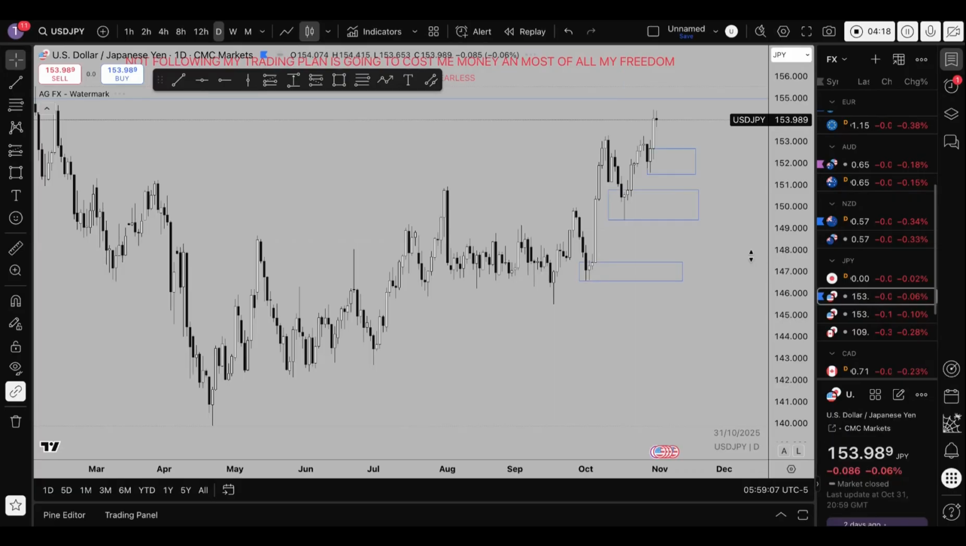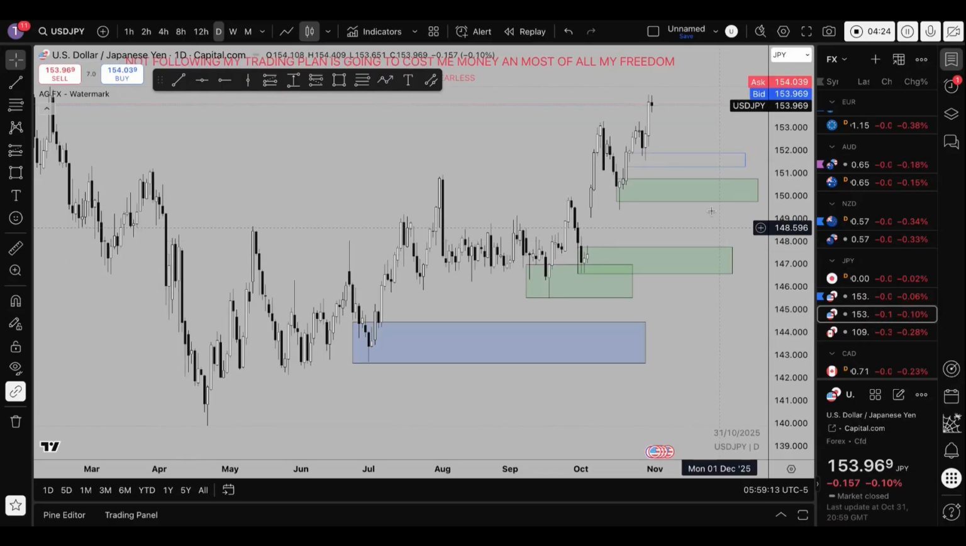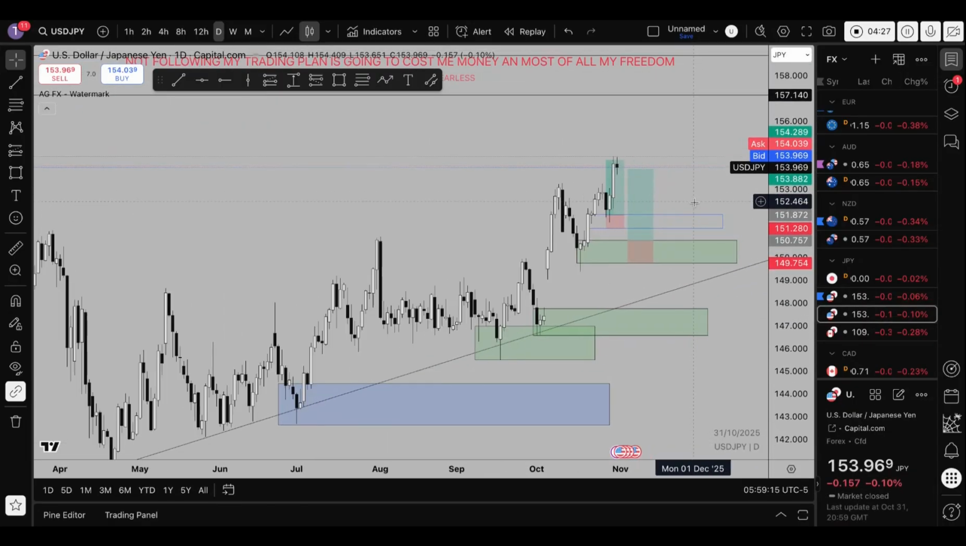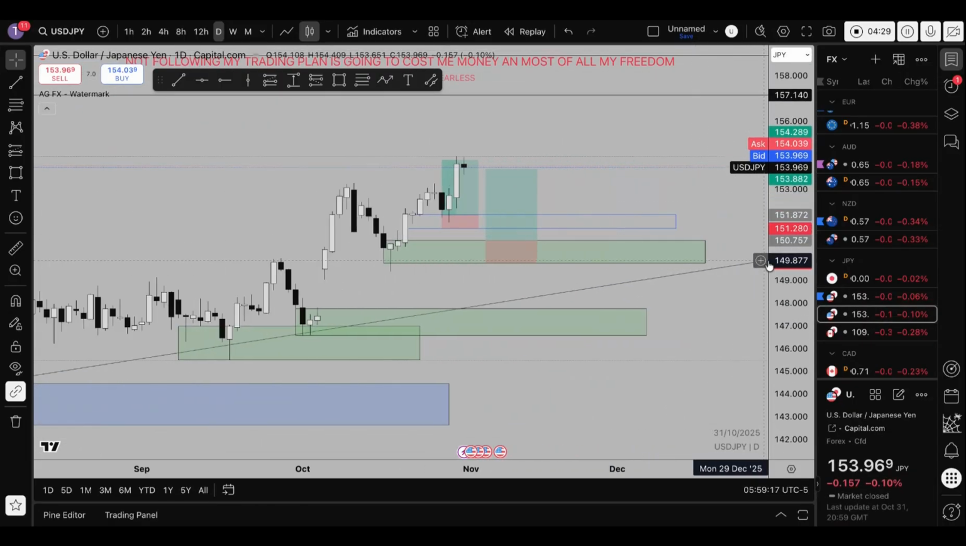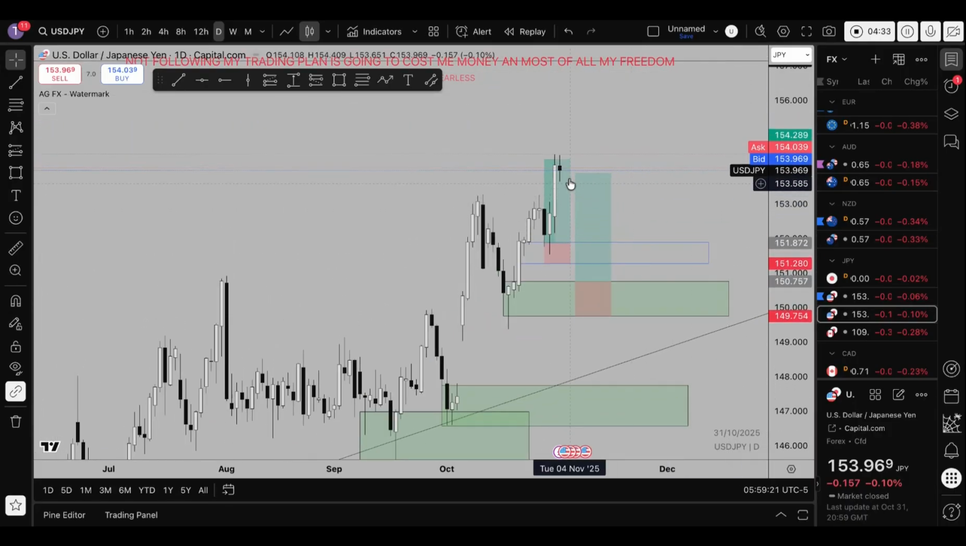We're going to go to USDJPY. So this is what we're looking for. We're looking for USDJPY to come back into this. Well, it came back here. We caught it from here and it rallied. So now we're looking for price to come back here